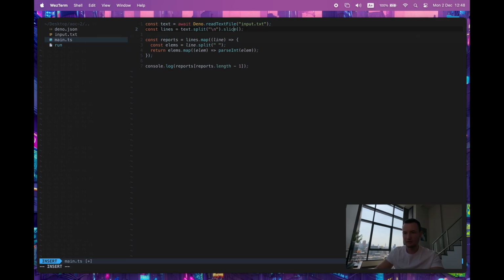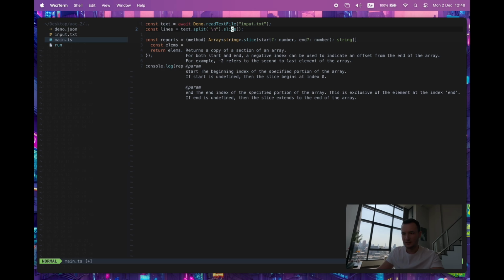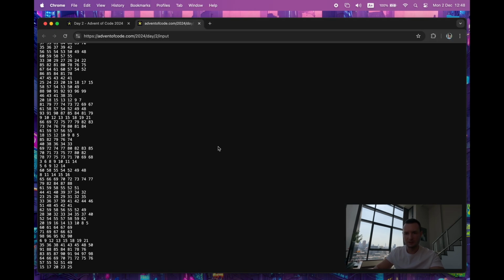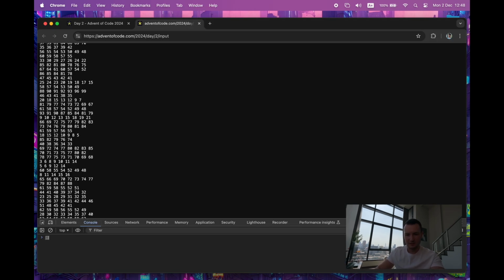I always forget the signature on slice: start, which is a number, and end. Start is the beginning index of the specified portion of the array, and the end is the end of the portion of the array, exclusive. The element at the index end is exclusive of that one. Okay, can we pass -1 to these things? Let's just quickly jump in the console here and test it. So if I have 2 elements and then I say slice -1, do I just get the